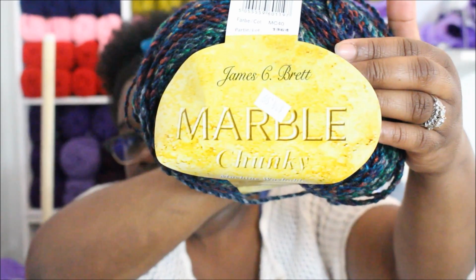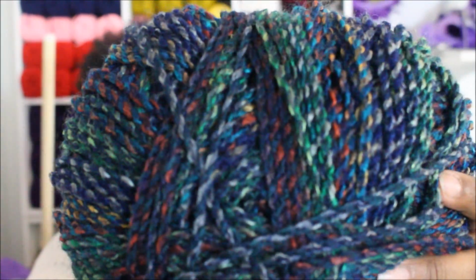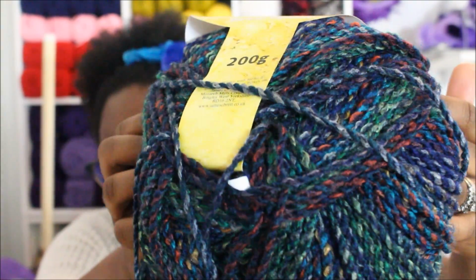And it's really big, like super big. Look at that. Look at that gorgeousness. And it's huge, but it is beautiful. 200 grams, 341 yards, 312 meters, and it is 100% acrylic, machine washable. It's so soft. So soft. So after I bought this, I went back to Twisted Fibers, and I got the 2 Twisted Fiber